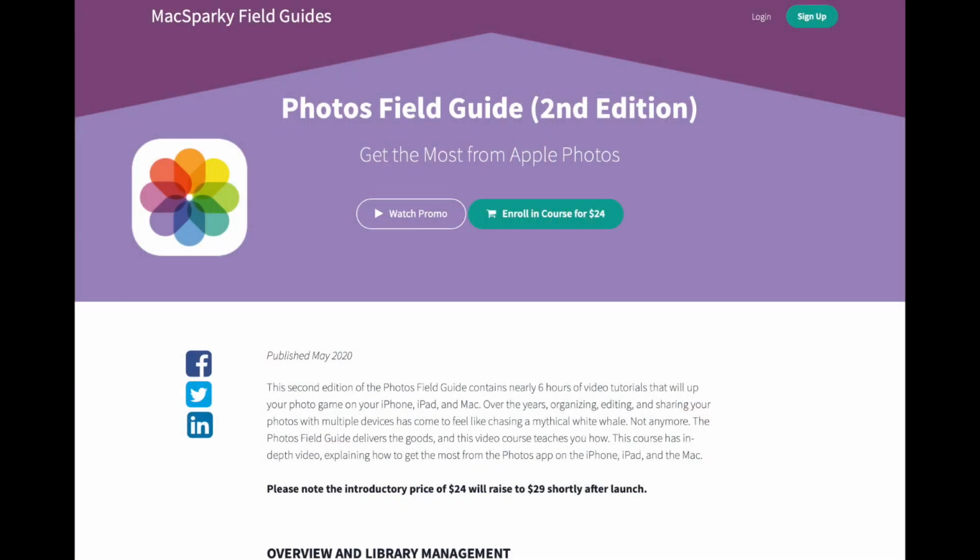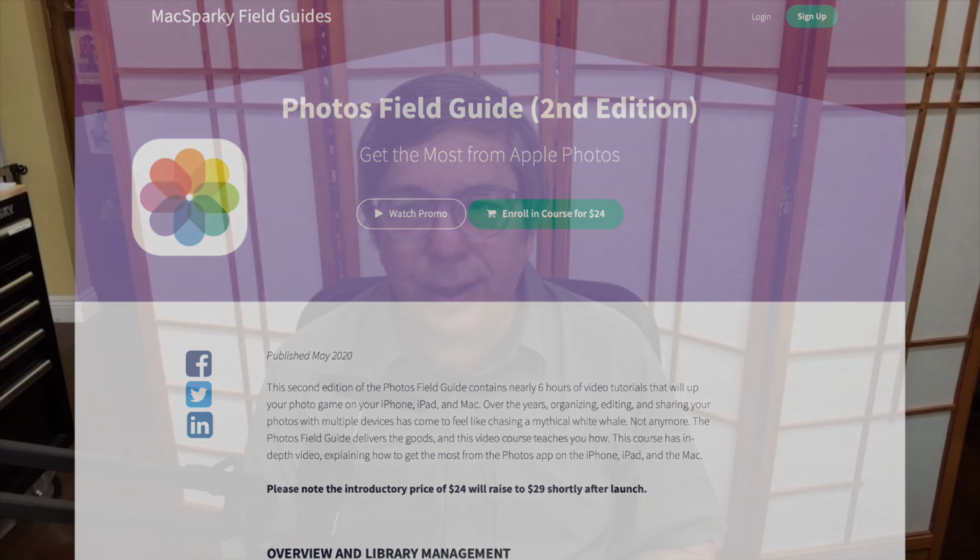All right, so let's shift over to the more recent one, and what it sounds like the one that got a much bigger update, and that's the Photos Field Guide. Yeah, I made a Photos Field Guide like 5 years ago when Apple first released Photos, and it has changed so much that I just built it all over from scratch. And this new one is just shy of 6 hours. It's 123 videos, and